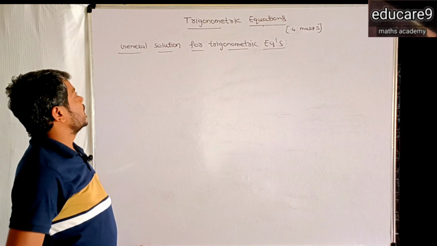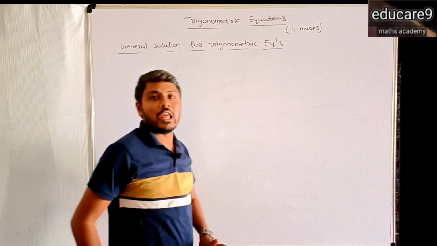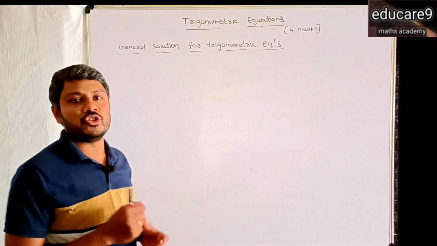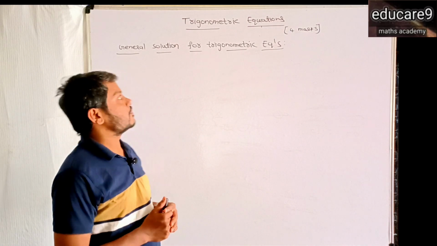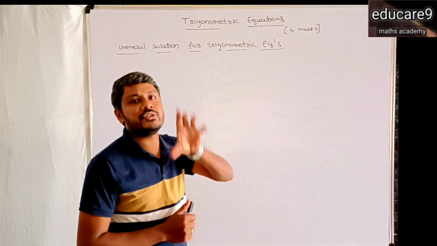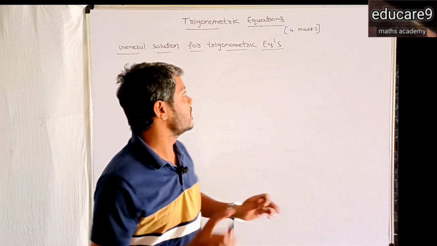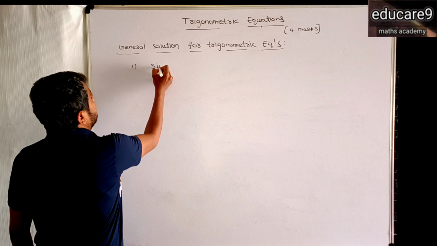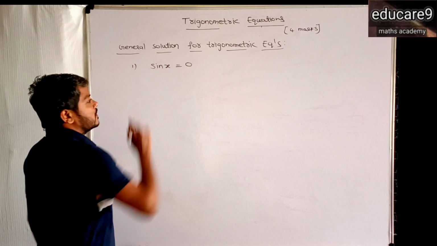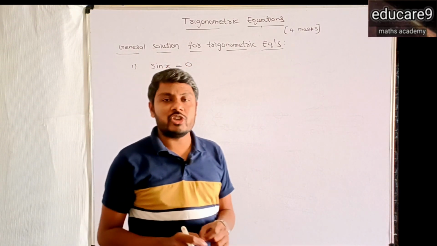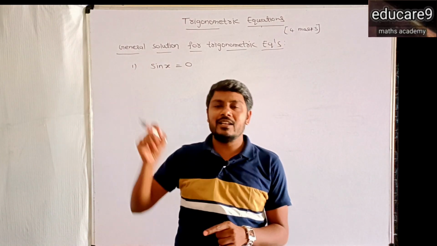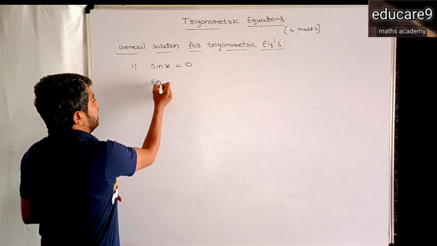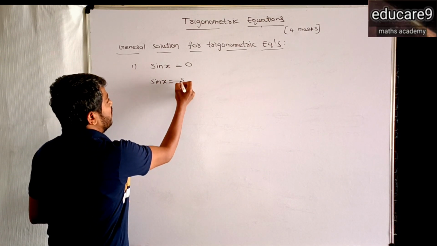So next topic, general solution for trigonometric equations. For any trigonometric equation, we have an infinite number of solutions depending on the given question. So that means we need to find the general solution of a trigonometric equation. For example, the first one, if sin x is equal to 0. For this trigonometric equation, we have to find what? The general solution. So here, we can write sin x equal to 0 as